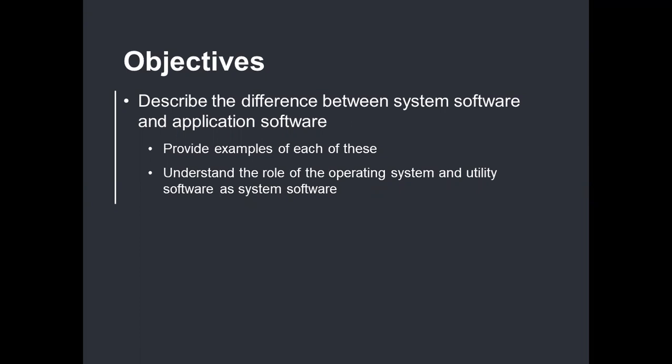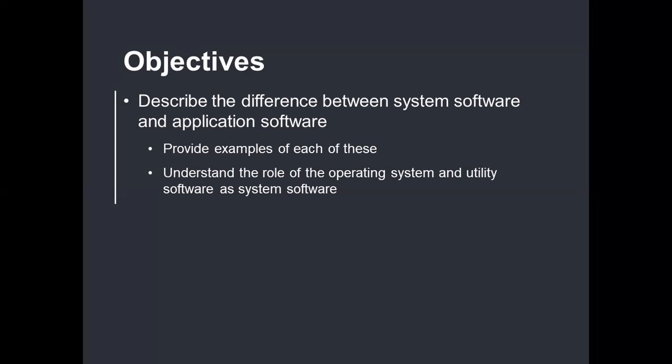But today what we are going to cover is to describe the difference between system software and application software. We are specifically going for the system software because there are different types of system software available. Obviously, our application software is also too many. But usually we do not come across system software, so we need to study this particular system software first, and after this we probably go for the application software and